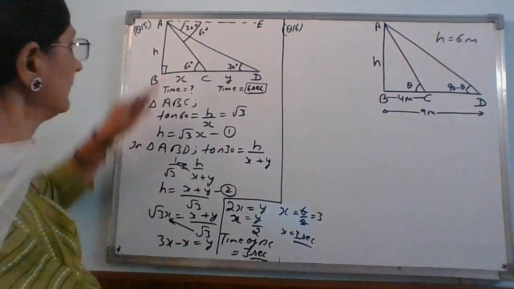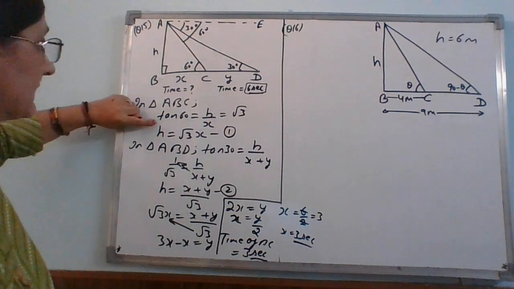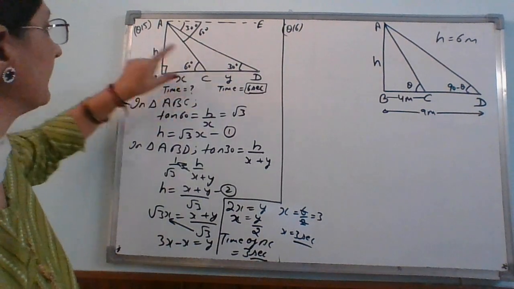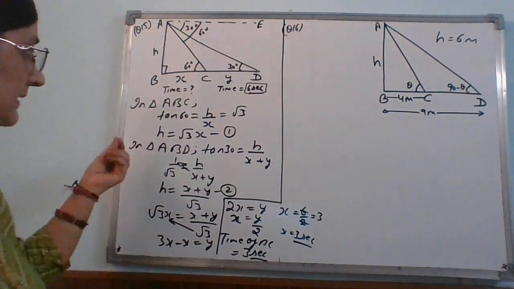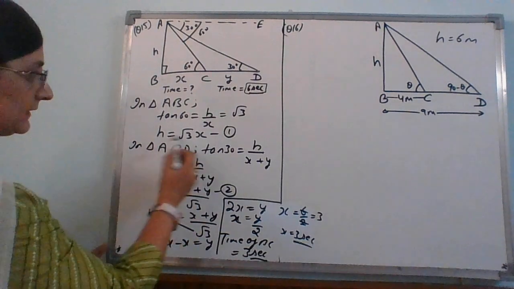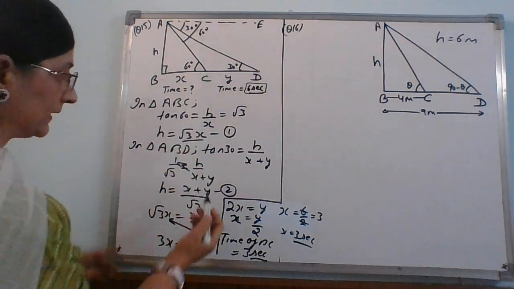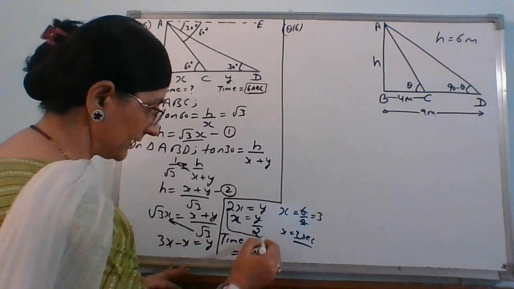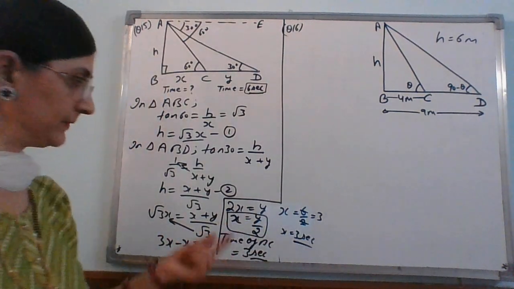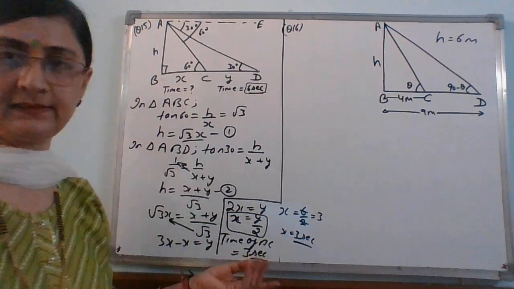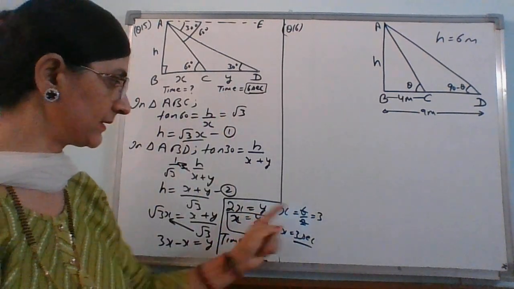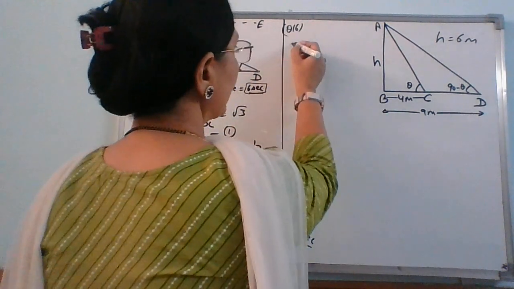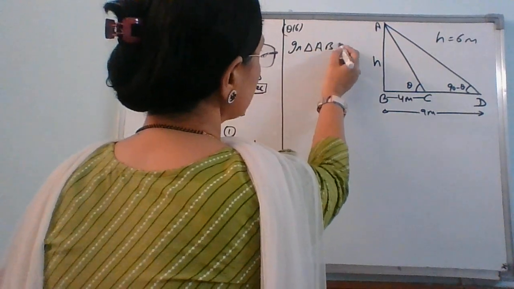So I'll repeat this question. From this triangle we apply tan 60, h upon x, we found h from the bigger triangle, tan 30 was h upon x plus y, right, from both we took h and equated. These number 1 and number 2 both were h, so we equated the right sides, root 3 x and this, and by cross multiplying we came to the conclusion that x is equal to y by 2, meaning its distance is half so time will also be half, the time for y was 6, so by 2, time will be half, 3 seconds. Now this question, now here also we have two triangles, in triangle ABC, it is a right